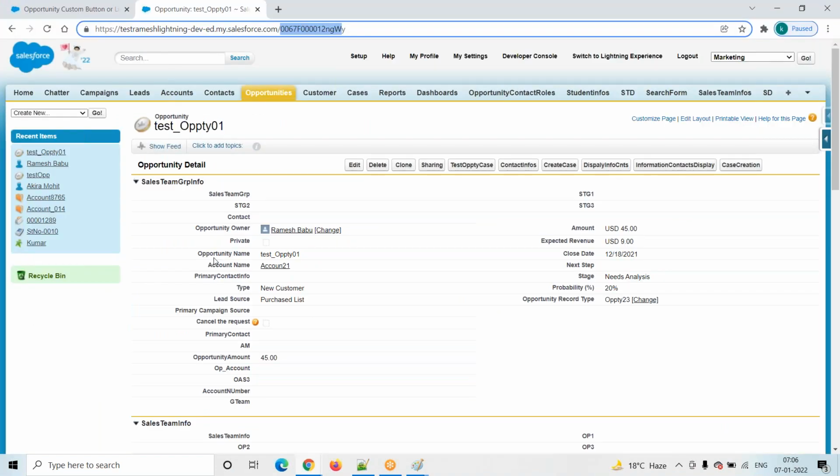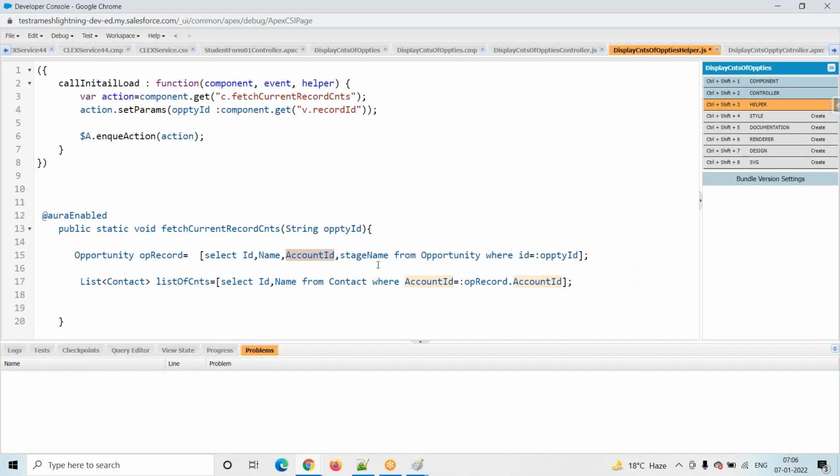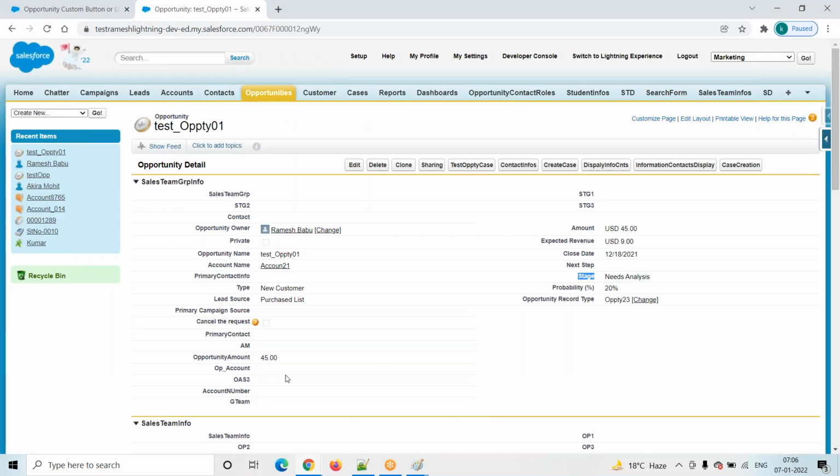Id, name, account id, opportunity name and stage, using API names, from opportunity where id equals this one, meaning the current opportunity record id. Whatever fields we want, we are getting.